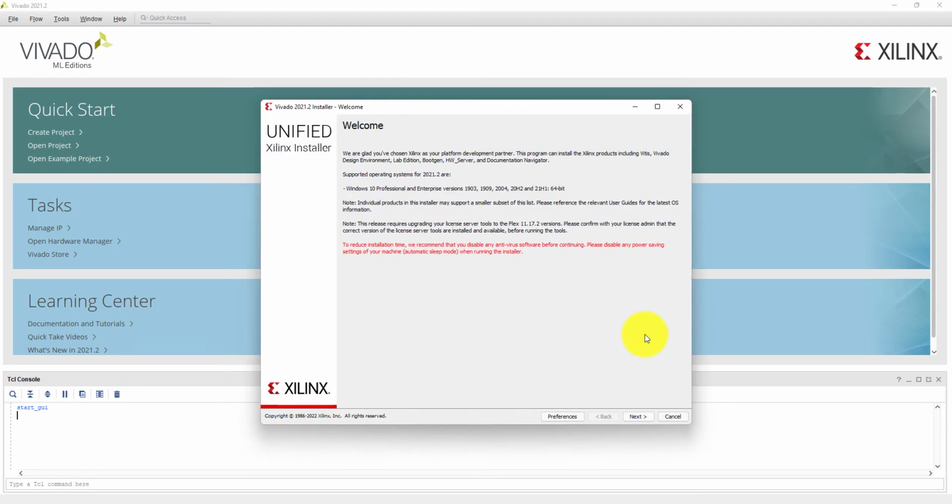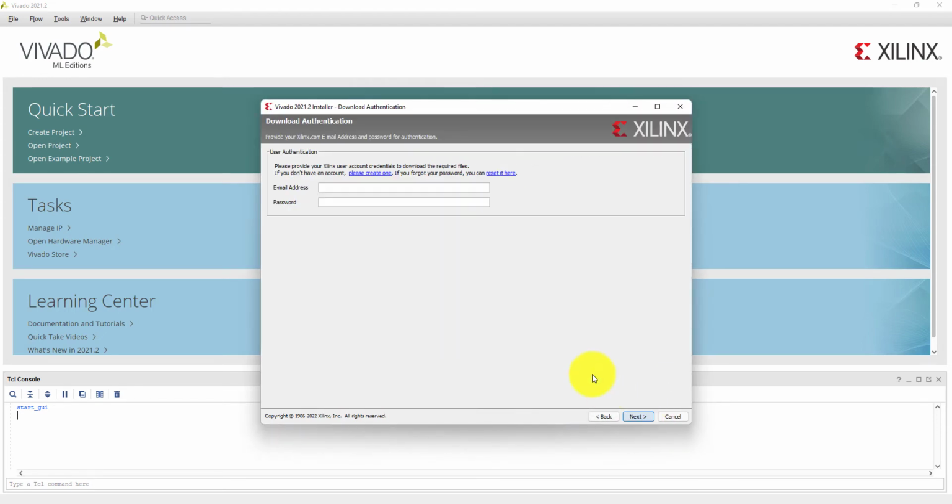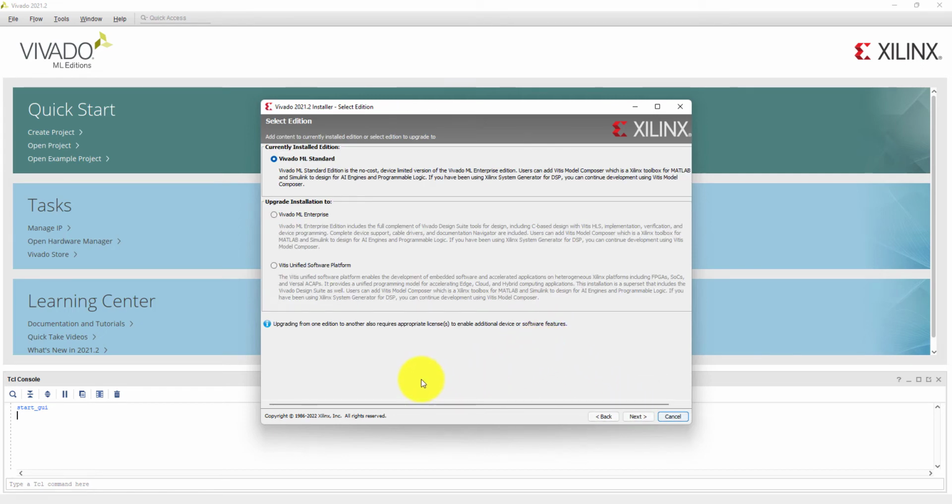Alright, here we go. So click here next, and then you have to log in again, and then click here next. Once you have signed in, it's gonna show you what you have currently installed and what you wanna upgrade to. Okay, so I'm gonna select this Vitis Unified Software Platform here,